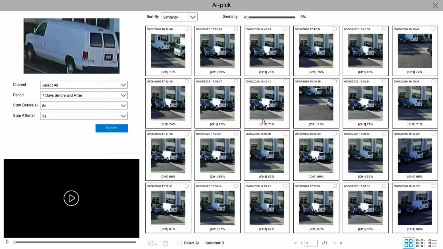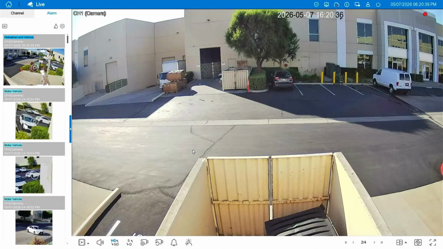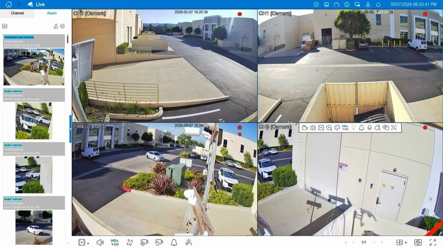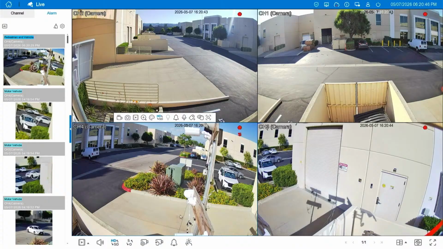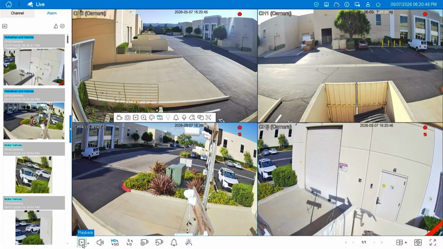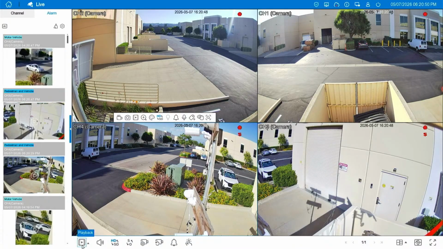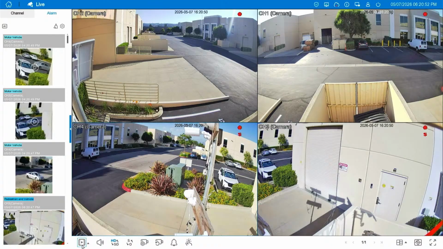It would be less accurate, however, you would still get a wider search result for that. So that would mostly be for live events. So you would have to see that car or that person in real time, and then go into the AI pick. The other option is, let's say, for example, there's something that happened at your business or a specific person that you don't want into that business, but they enter and you need to see where they were at all